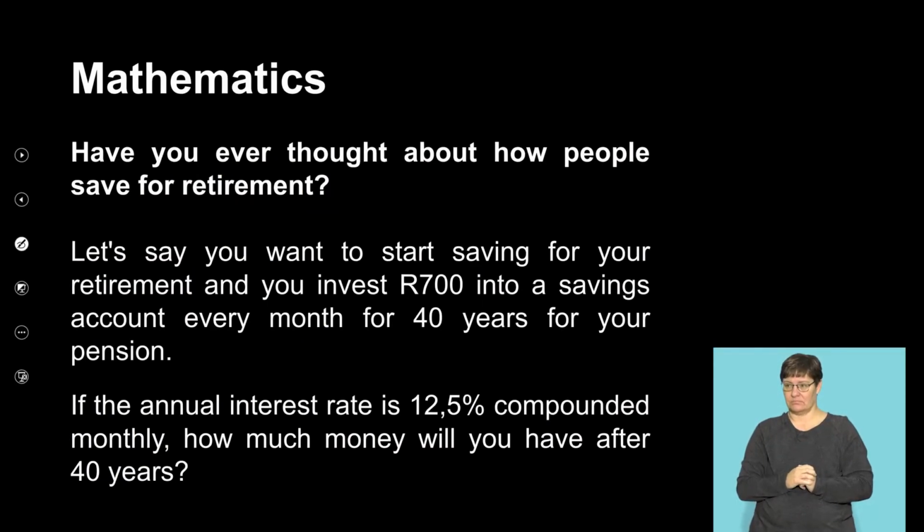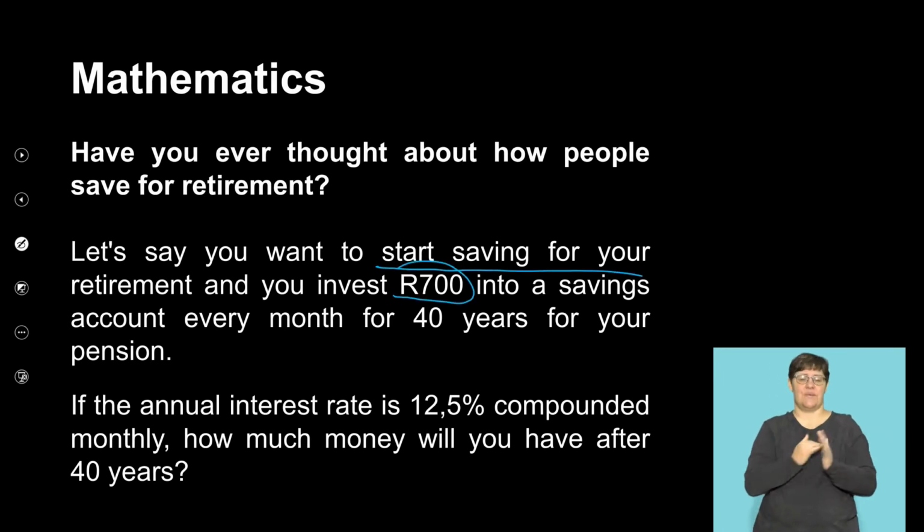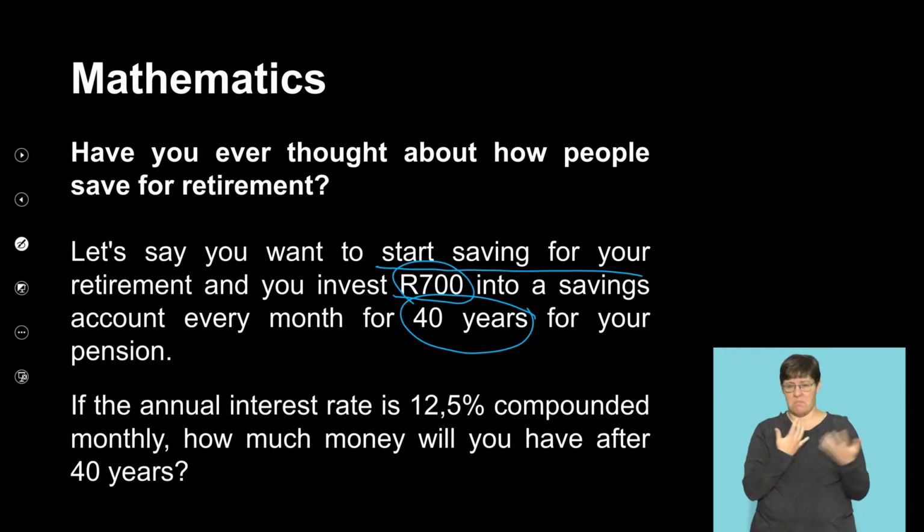So firstly, I want you to think about how people save for retirement, right? Let's say you want to start saving for your retirement and you start with 700 Rand as an investment into a savings account every month, and this is for 40 years, right? That would be maybe you are now 25 and in 40 years you'll be 65. If the annual interest rate is 12.5%